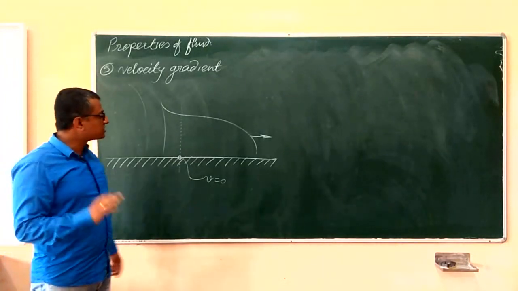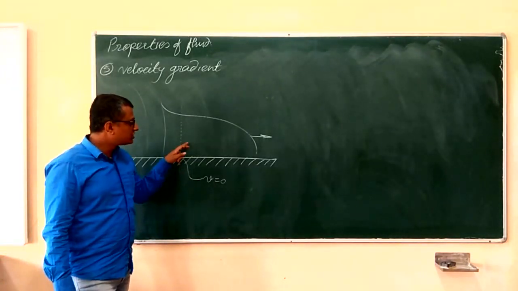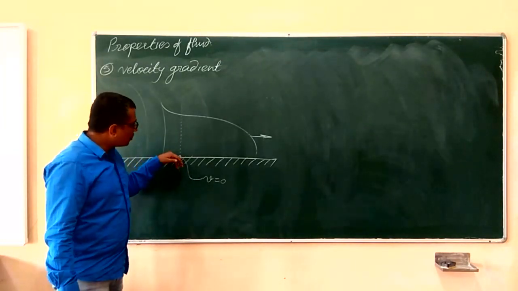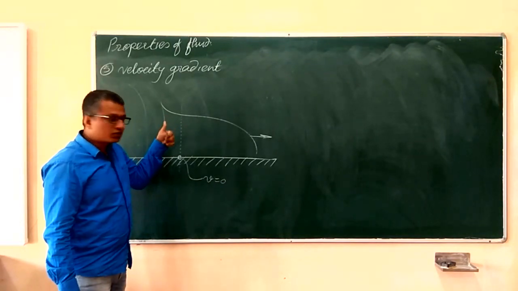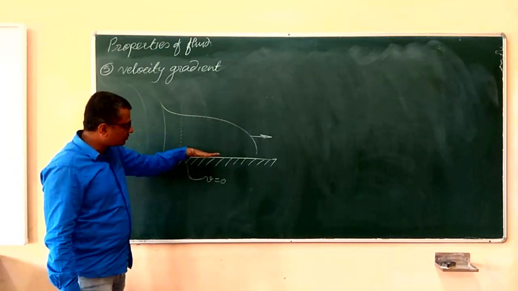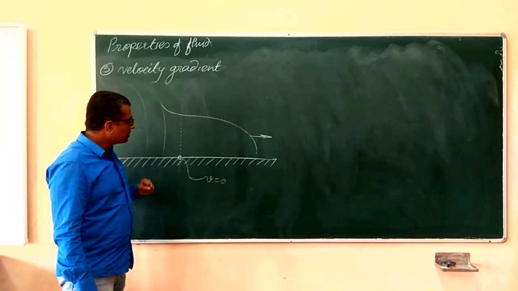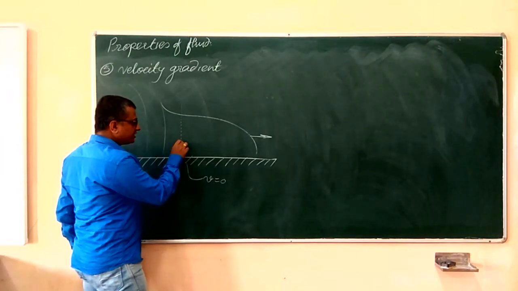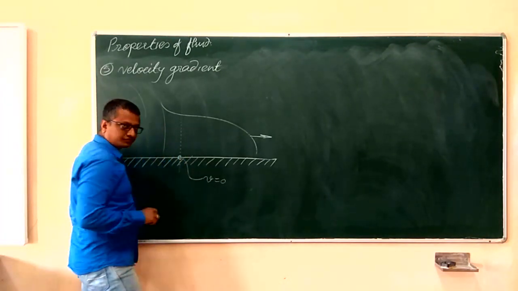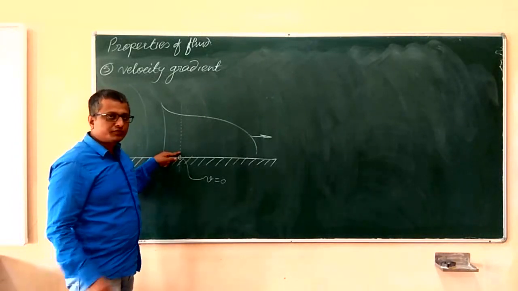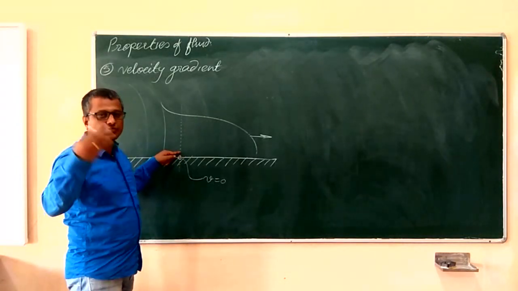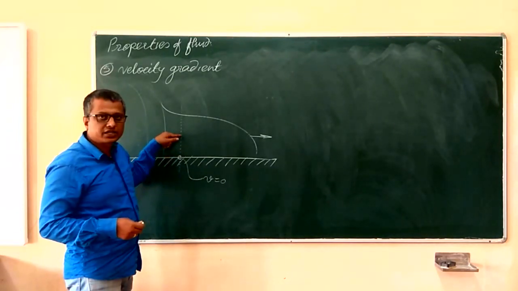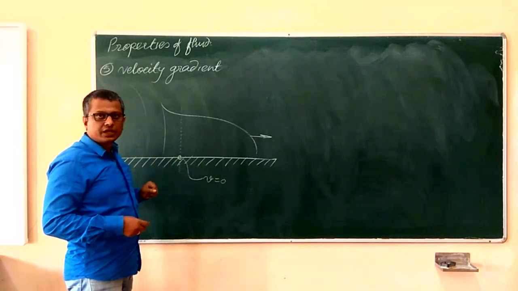Whether it is liquid or gas doesn't matter, the velocity of the fluid particle which is in contact with the solid surface is always zero. Next, if I go in the upward direction, vertically upward, or say in the direction perpendicular to this flat surface, you will find the velocity of the fluid particle is increasing in the vertically upward direction. If I go here, the fluid particle will have somewhat of a velocity, maybe 1 meter per second. If I go a little up, maybe 1.2 meter per second, something like that, and continuously the velocity is increasing.